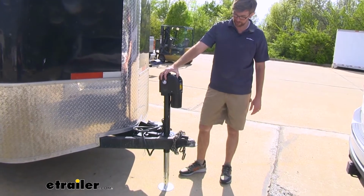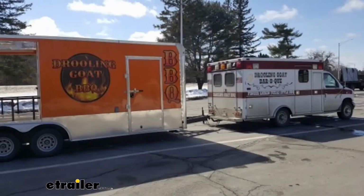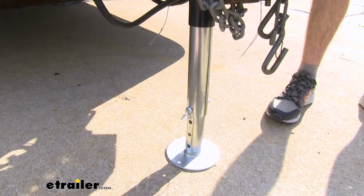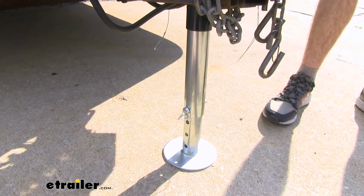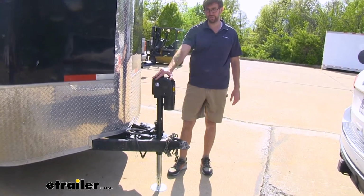It's really effective. It's going to have a really high capacity, so you can put this on some campers or enclosed trailers like we have here. But it's also pretty quiet. It's not the fastest in the world, but I think it does a really good job of doing what it's supposed to do, and that's just making it a lot easier so you don't have to use a manual crank